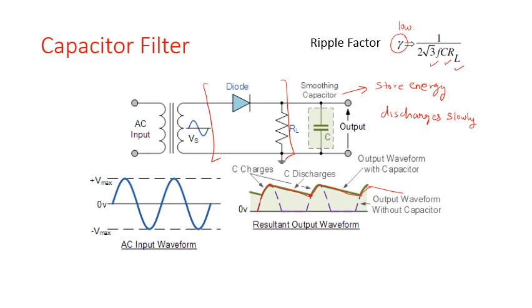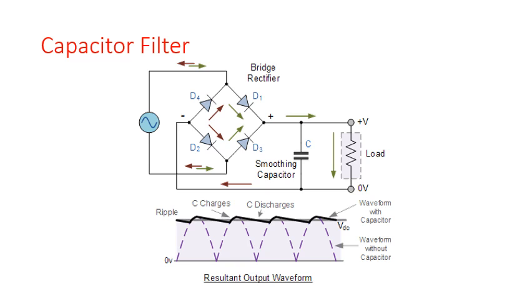Now if I come to the next circuit, this is what my capacitor filter with a bridge rectifier looks like. You've got the same waveform. Initially your capacitor is going to start charging till it reaches the maximum value. Now your output from the full wave rectifier is decreasing, so your capacitor starts discharging. At this point, your output of the full wave rectifier is higher than that of the capacitor's charge, so your capacitor charges again, discharges, and charges again. When you look at this, you can visually see that the ripple factor here is less than the ripple factor you got in a capacitor filter attached to a half wave rectifier.